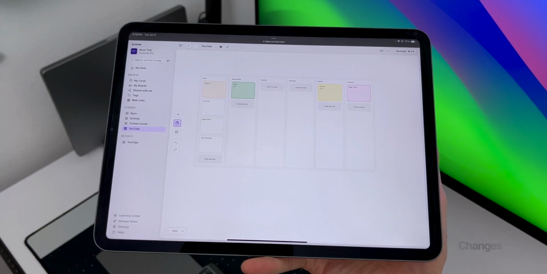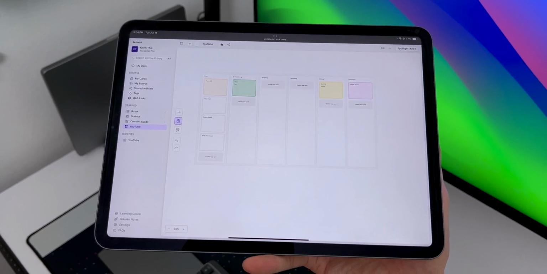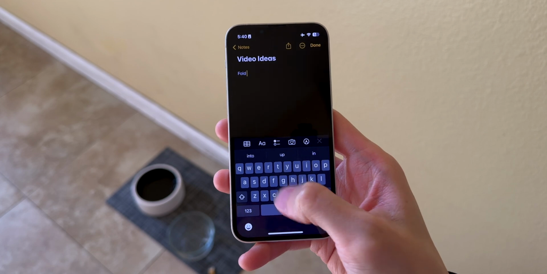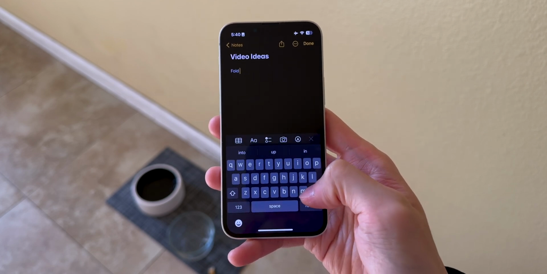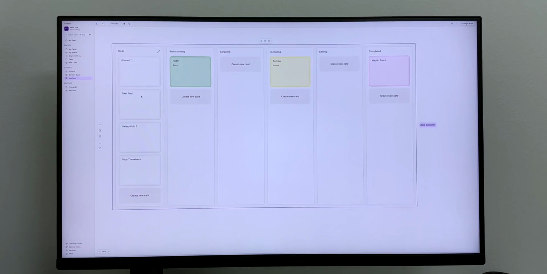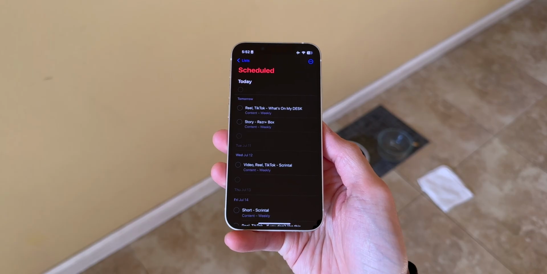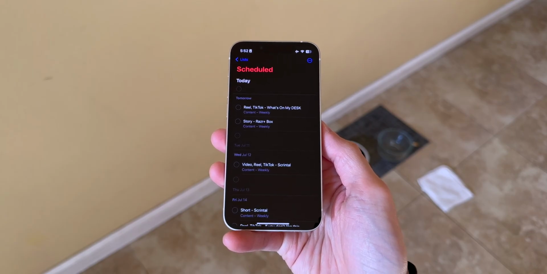A dedicated iPhone and iPad app would be nice, instead of using a web browser, but I do understand that screen real estate is limited. Right now, if I come up with an idea, I still need to use another note app, then copy it over to Skrintle. Also, I like to keep track of how many videos I create, so a total count in each column would be great. Some other things I'd like to see is a calendar, so I can see a monthly view of what videos I have scheduled, and a task or checklist, which is currently under consideration.